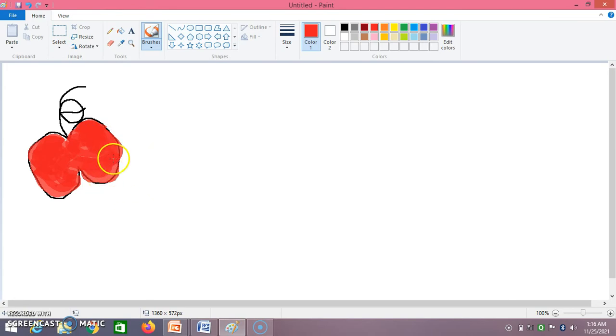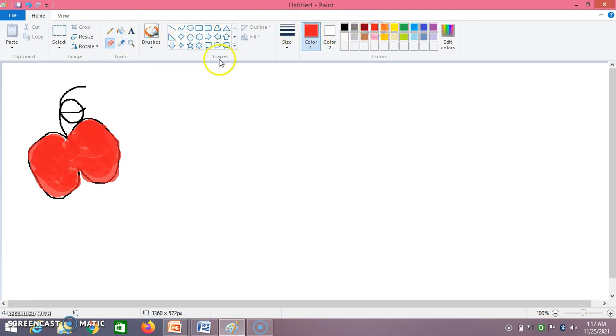Whatever extra there is, if I want to wipe it, go to the eraser, then select white and rub this part. Just rub this part, click on that particular area. So I have made use of the eraser.